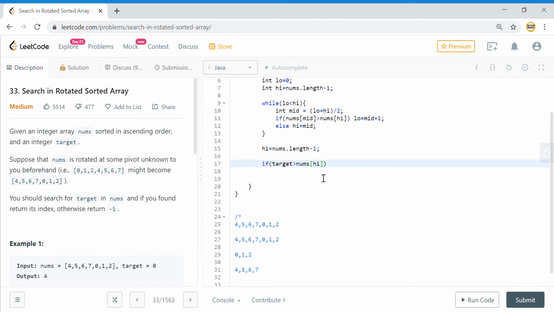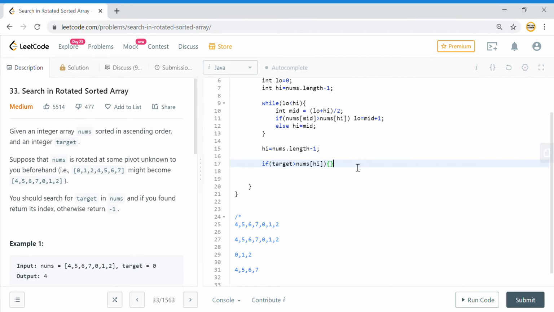So if the target element is greater than the highest element, the last element here, it means that the target will be located on the rotated side, so it will be on the left hand side. So I need to make a search from here to here.